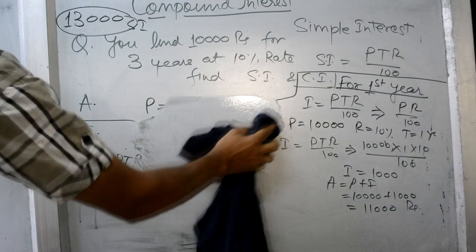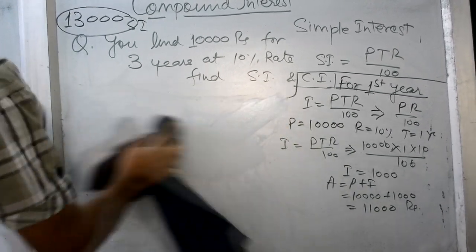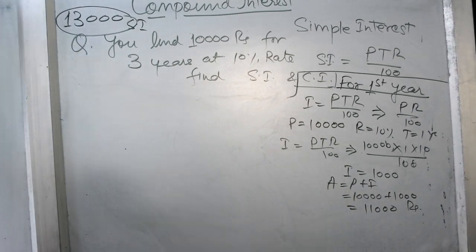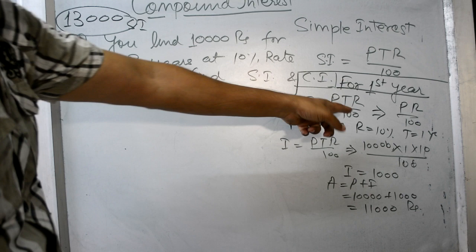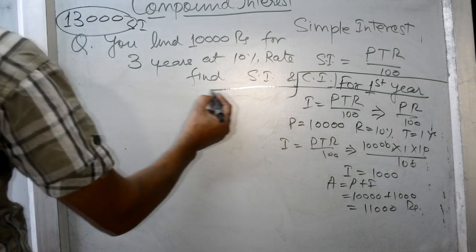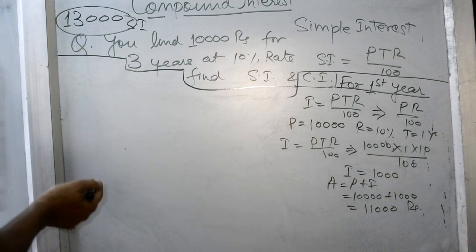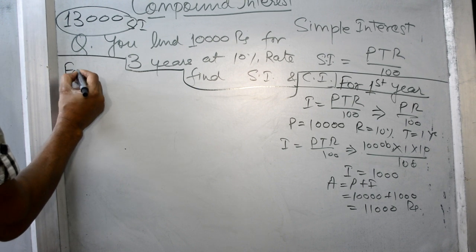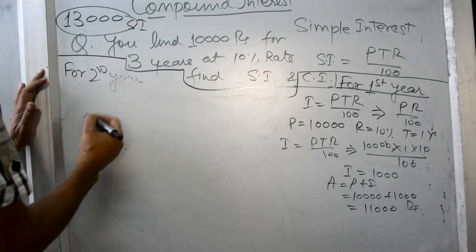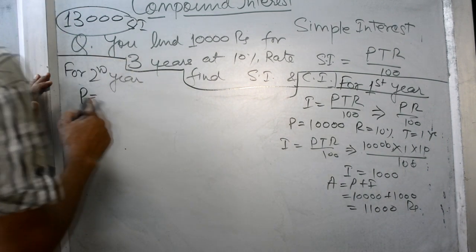So I am removing it, okay? Now see, dear friends, it is clear. Now, for the first year I have solved this question. I am finding out the compound interest, and this is a line. I will not breach this border. So, for the second year, what will you write? Principal, that is equal to the amount of the first year, will become the principal for